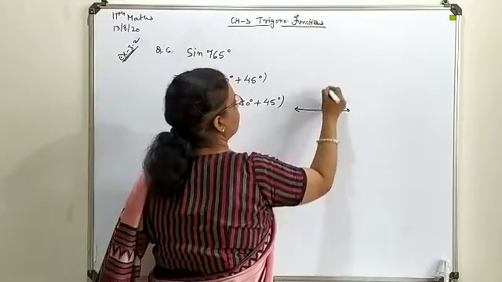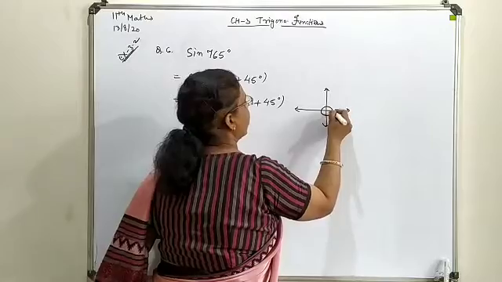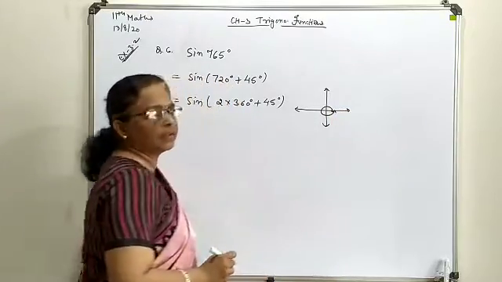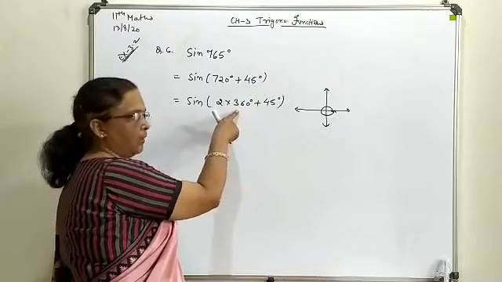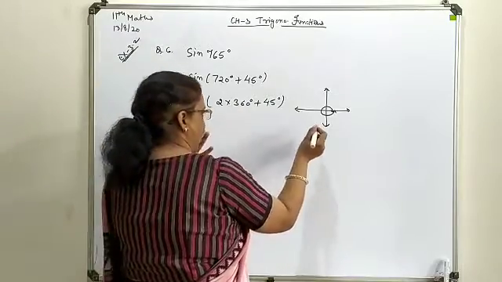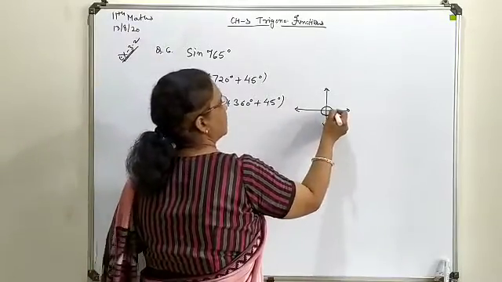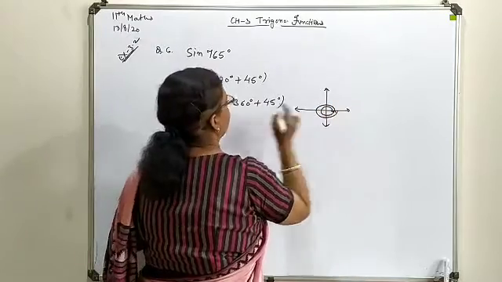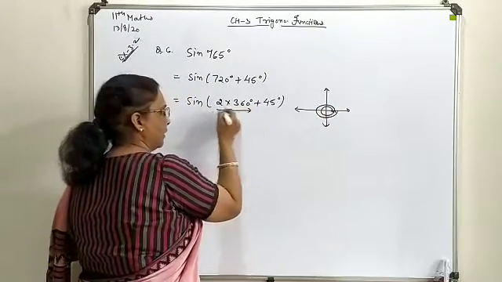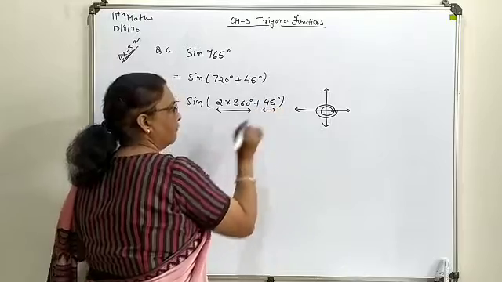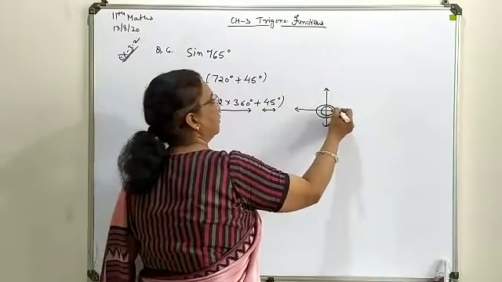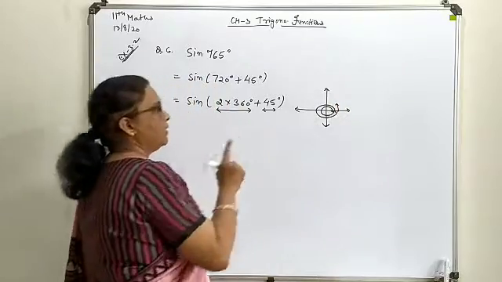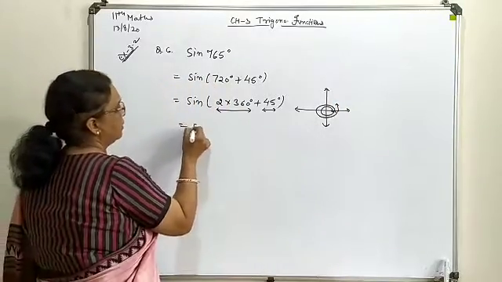When you generate this type of combination, it means we are covering the fourth quadrant system. One cycle will complete to cover 360 degrees. Here 2 times 360 is to be covered. Now after completing 2 cycles, you are left with only 45 degrees. So after completing these 2 cycles, you will be in the first quadrant, meaning this angle is to be written as such.